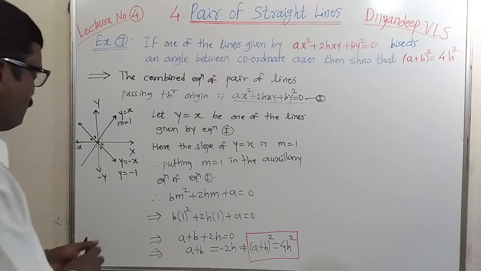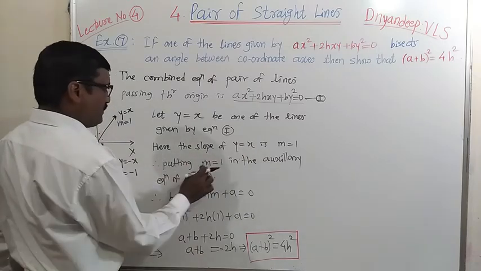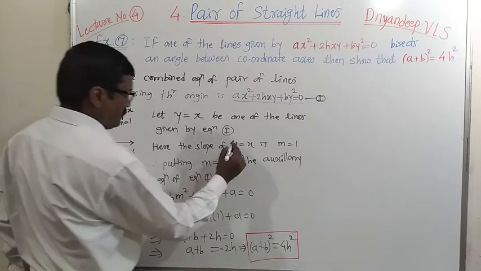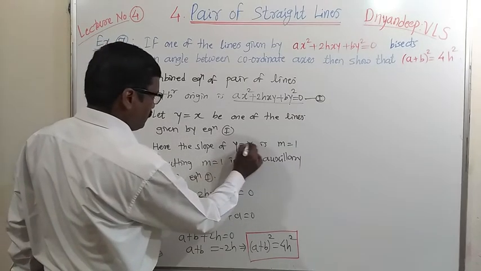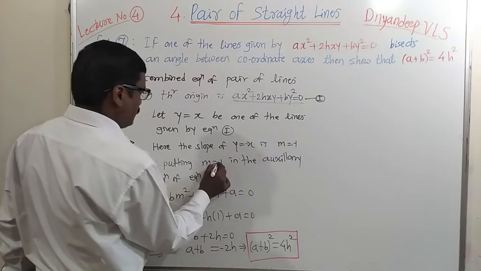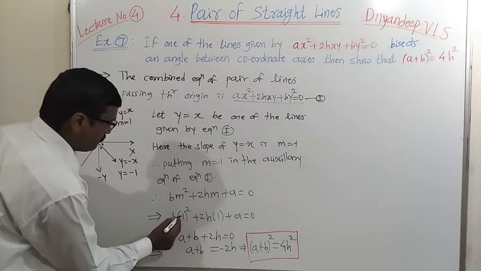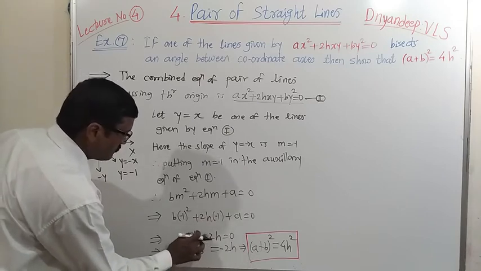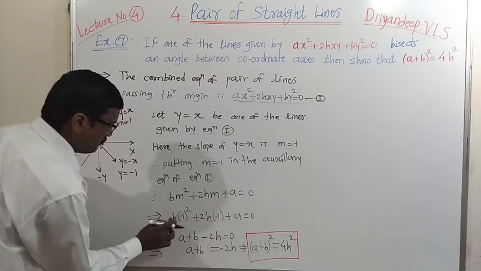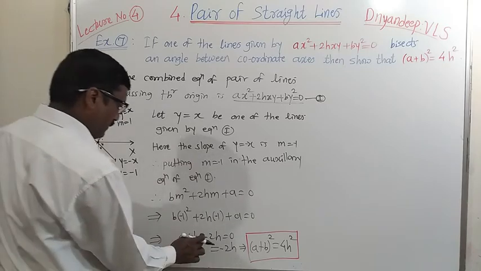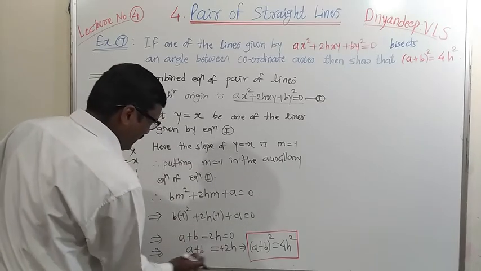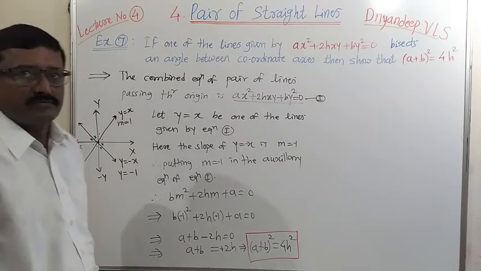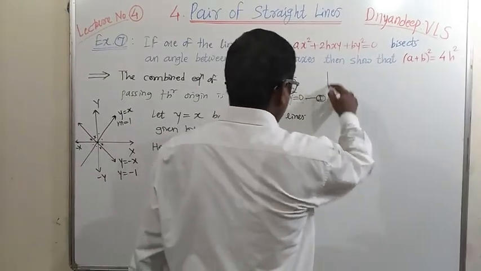one of the methods. If you use y equal to minus x, what will happen? The value of m will be minus 1. Okay, let us see that second answer. Y equal to minus x, then the slope will be minus 1. Put the value of m equal to minus 1. We get a minus sign here. Here it is positive because minus 1 square is plus 1. This becomes positive, and if you square, then you get the same result. Okay. Now see the other method.